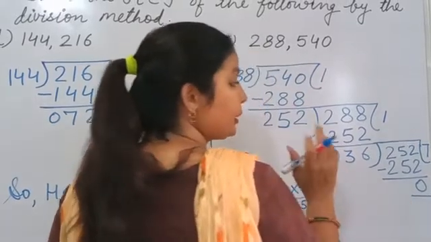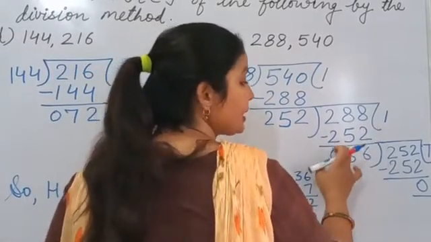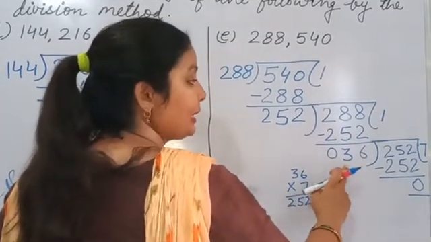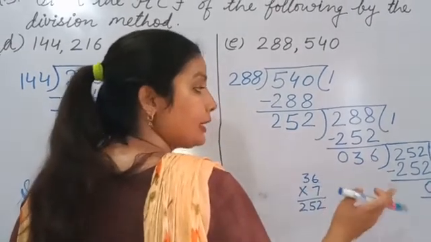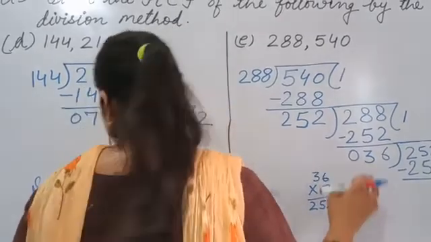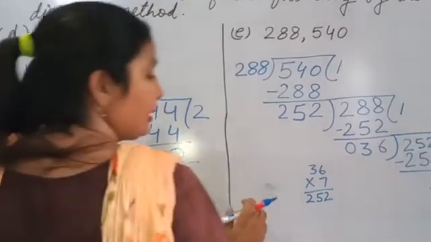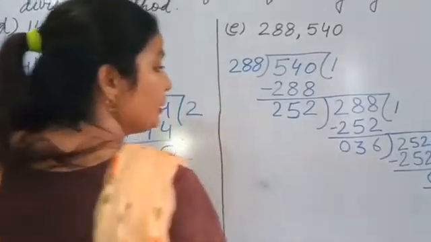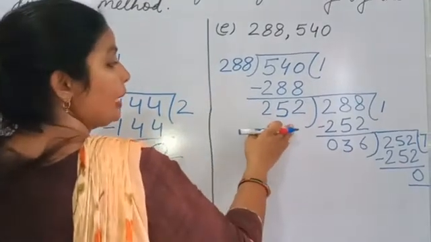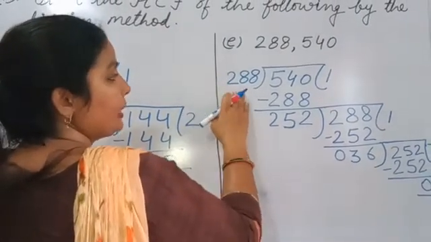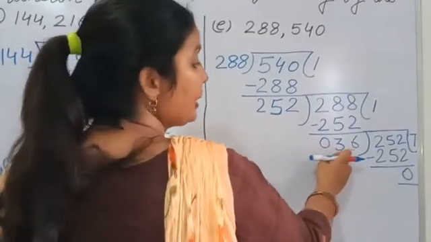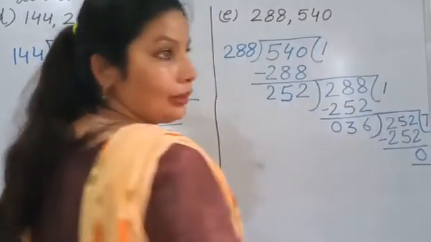So which divisor gave us remainder 0? 36. The divisor which gives us remainder 0, that will be our HCF. So by which divisor did we get the remainder? By dividing by 36. So that means 36 will be your HCF. Okay, the divisor which gives you remainder 0, that will be your HCF. So now we don't have any concern with 288 and 252. They are nothing to us, nor are they our answer. The answer will be only 36, and we have no concern with the quotient here.